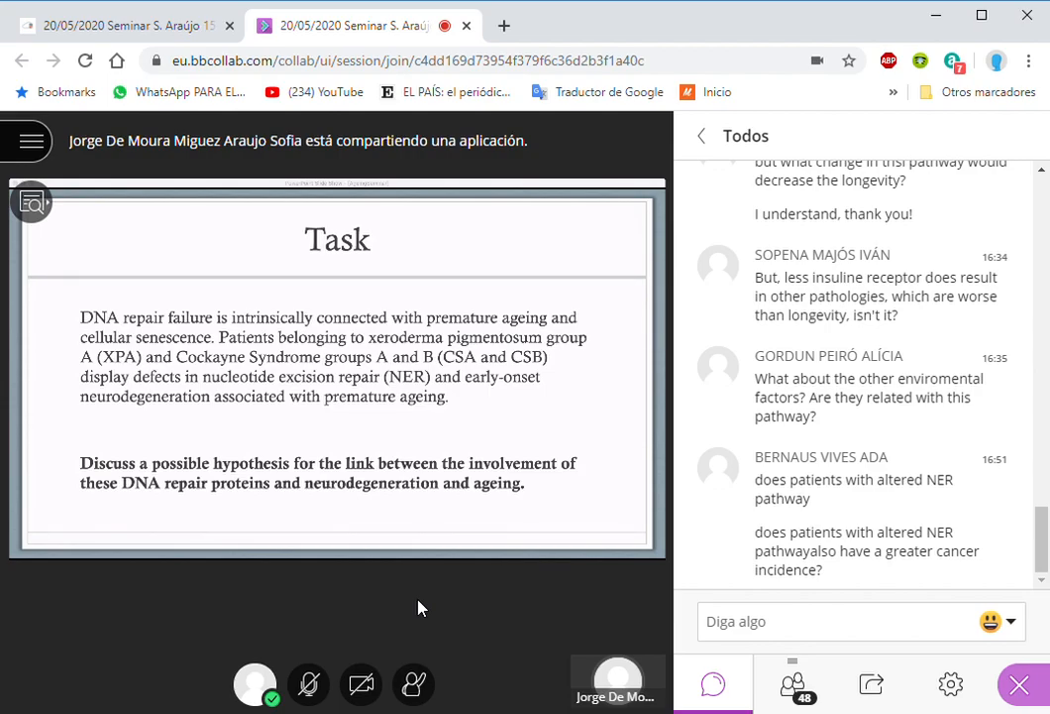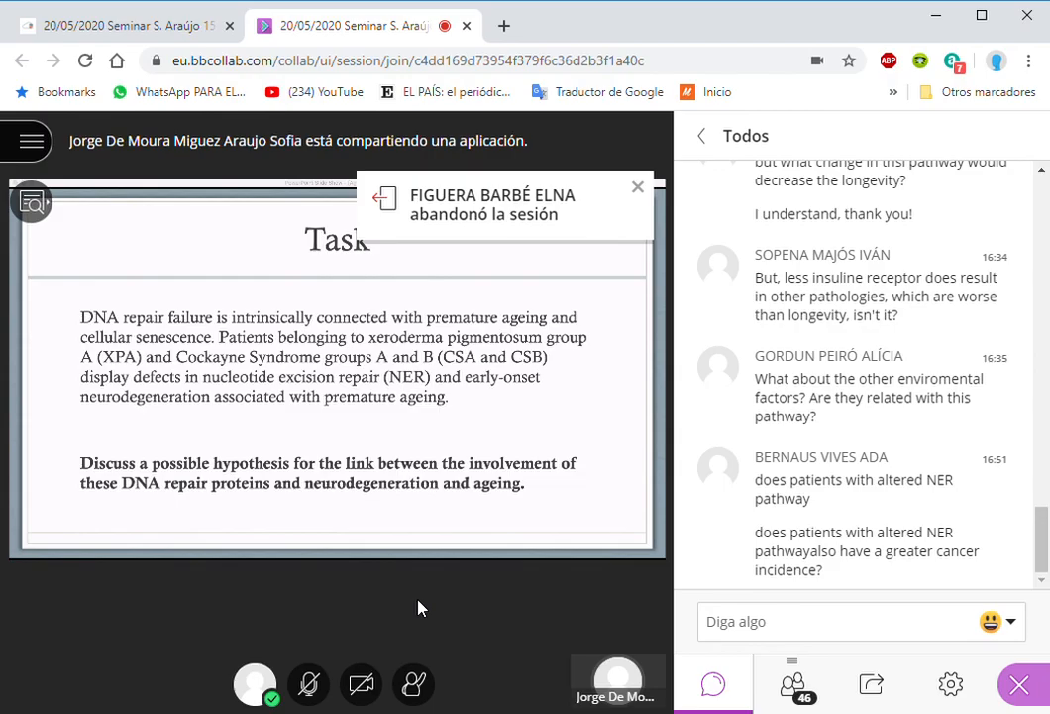Okay, so do patients with altered NER pathway also have a great guess? Aha, a very interesting question. So some of them do, and some of them don't. Just to answer your question correctly, if you have people, for instance, with nucleotide excision repair defects and they have xeroderma pigmentosum syndrome, most of them will have a higher incidence of skin cancer,